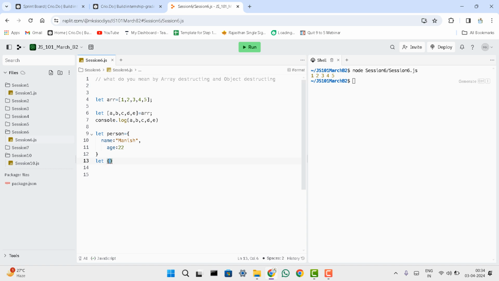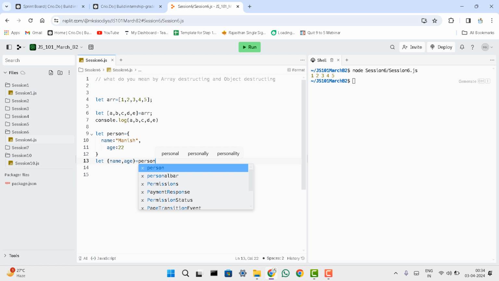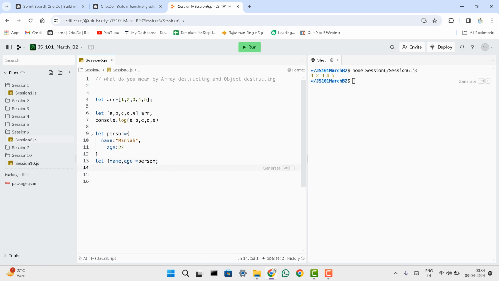Suppose here we have two keys, name and age. In that case, we will always use this approach, which is a very good option. And if I want to print age,